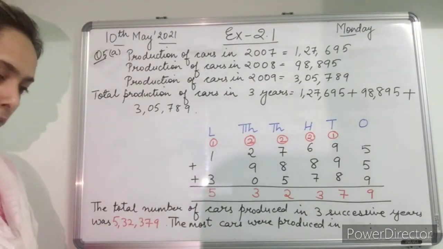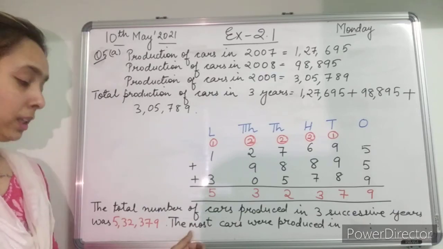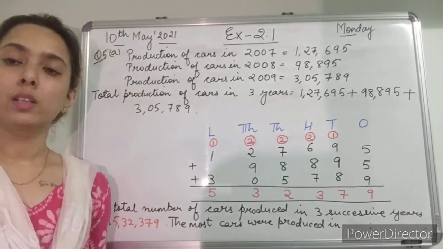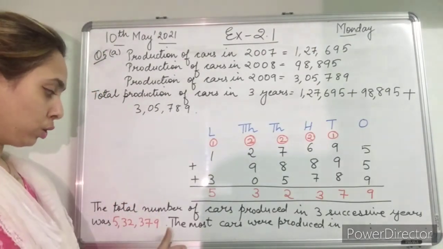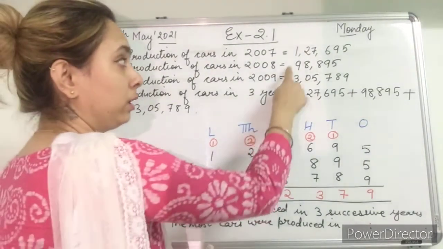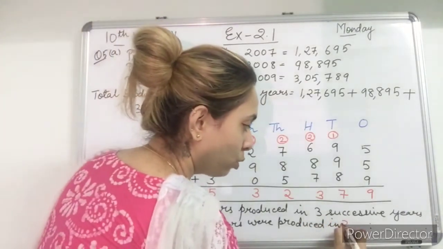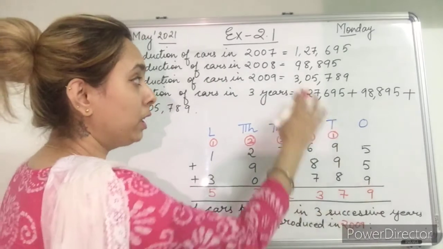So the answer is 5,32,379. And the second question is, in which year were the most cars produced? So the most cars were produced in 2009. Then what was the number? The number is